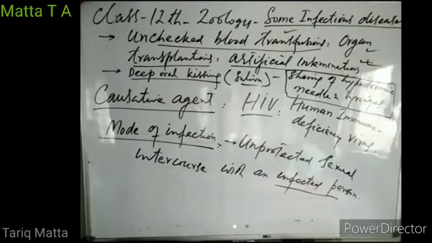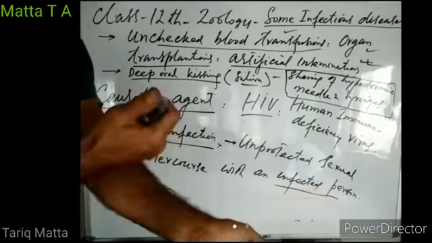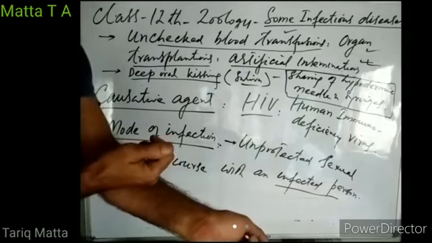Drug addicts sit in a group and they share the syringe for injecting drugs. They share the syringe and needle for injecting drug into their blood. So if one of them is HIV positive, when he injects the drug, as he leaves the syringe,